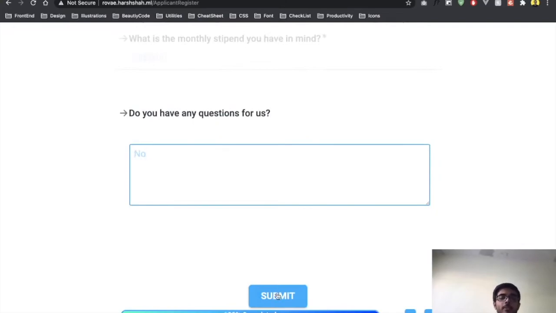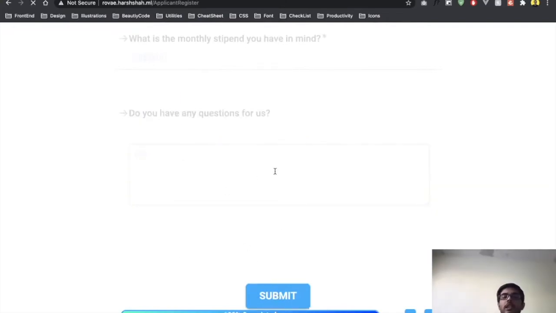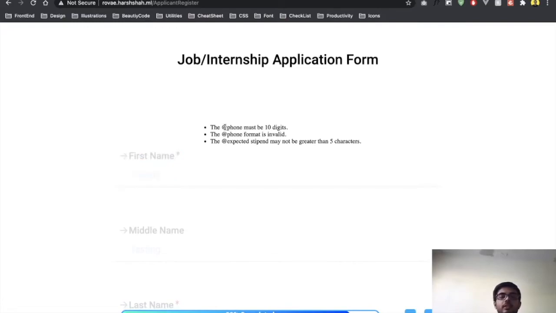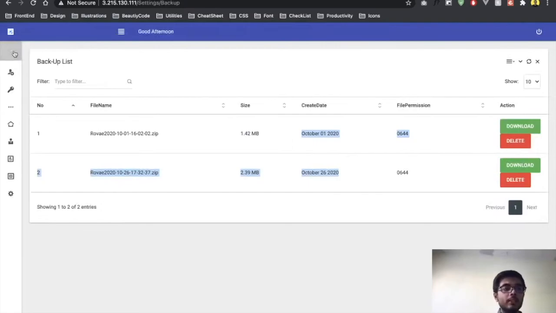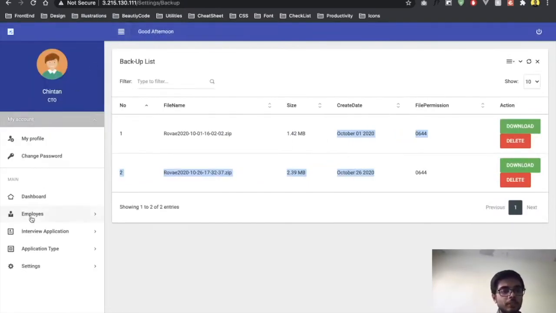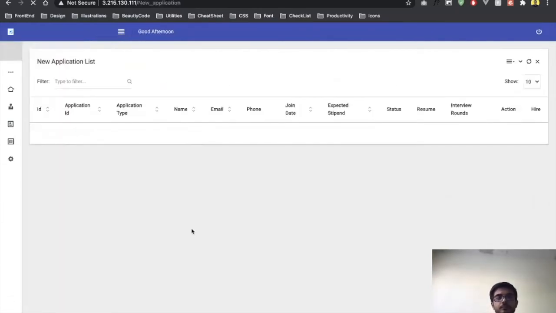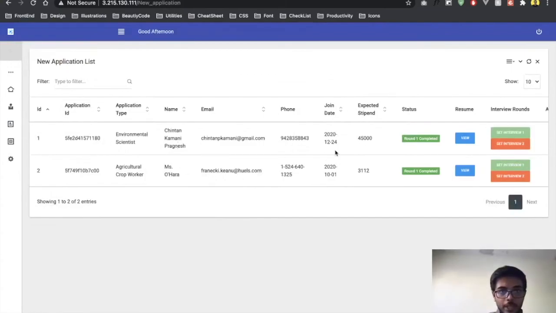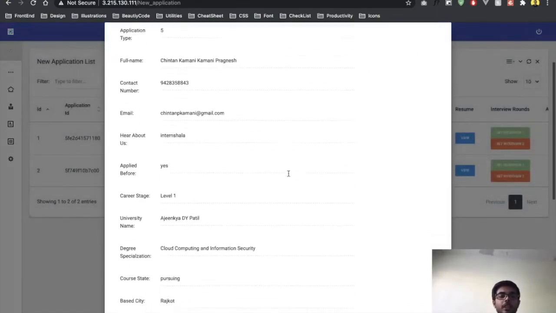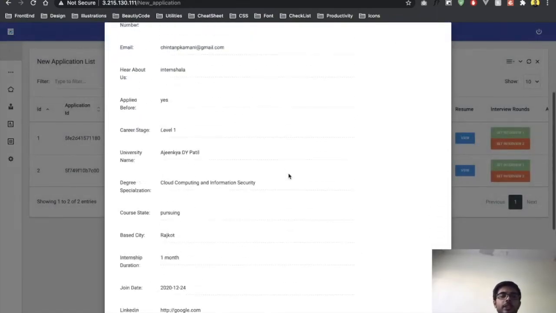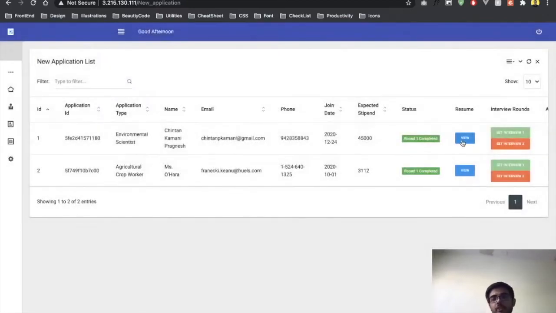No. So basically what happens when I submit is, this data that we have is collected, and as you can see there are certain fields that we have put, it must be invalid. So I've already done a dummy submit ahead of time, so that we don't have to waste our time. So if you see in the interview list, as you can see the date of application, now the join date, this is the one that I did, the dummy one, my name and my email is here. So this is the dummy application that I've done, and as you can see we get all the details over here, and we can set consecutive rounds for the same.